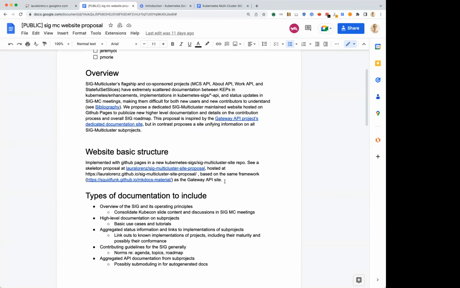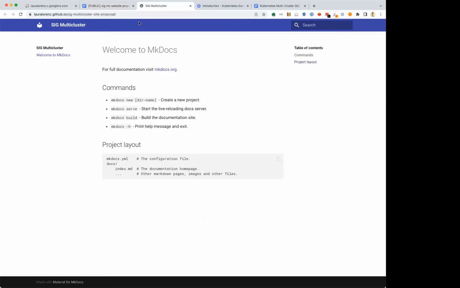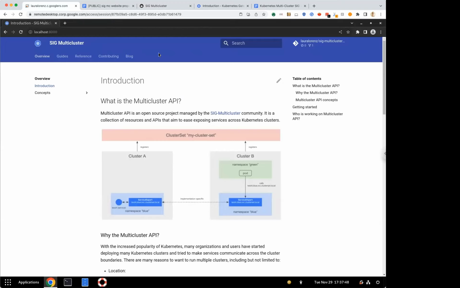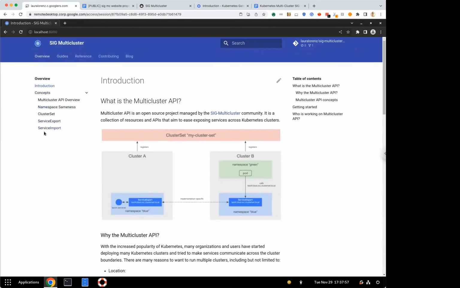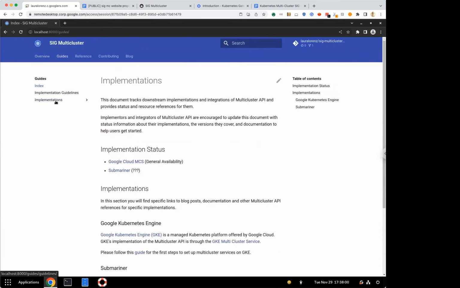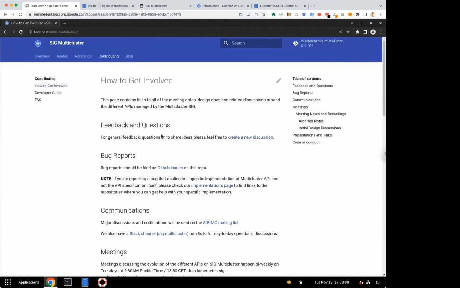So that's the overall idea. And again, this link here goes to a really bare bones site, just what the first make docs basically gives you. But Nicholas has been working on more content. It has a PR out for that. So this is an initial stab at introducing more details about all of our concepts, guides, places where we can put individual implementations, and more contributing info. So Nicholas, I don't want to steal your thunder because you did all of this.